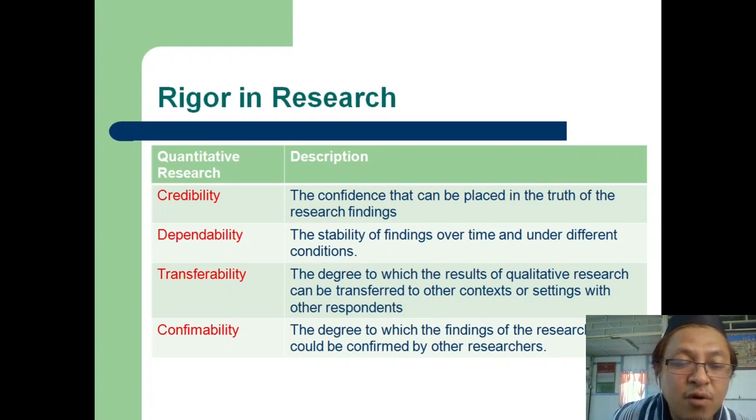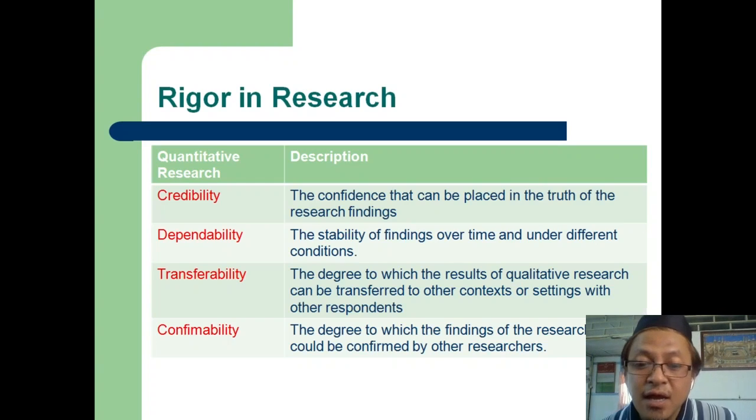The last one for addressing rigor in qualitative research is called confirmability, which is defined as the degree to which the findings of the research study could be confirmed by other researchers. That means other researchers can evaluate, review, and assess our research, our results, our methods, our techniques, and they can confirm that what we have done or conducted is considered valid,